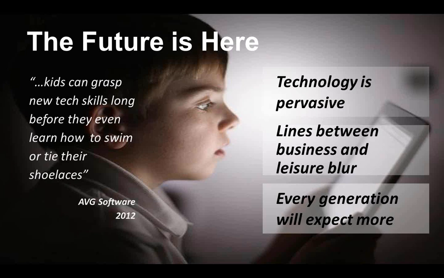Every generation, particularly the younger generation, is expecting more out of whether it's a hotel, a travel management company, or really just in general. Travelers are looking at leisure solutions, such as Expedia and Hotels.com, and demanding that out of their business travel, to be able to say, I want the experience that I'm getting in a leisure environment on my business travel